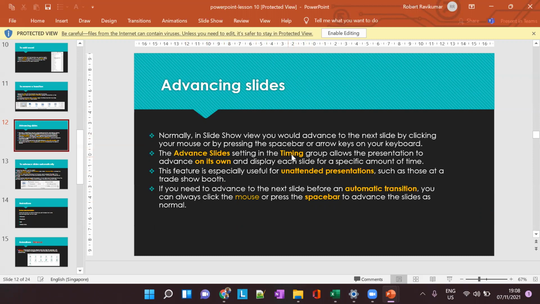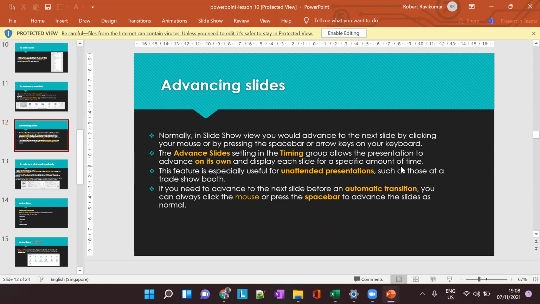The advance slide setting in the timing group allows the presentation to advance on its own and display each slide for a specific amount of time. We saw that example, right? We chose 4 seconds for each slide. So every 4 seconds, the slide advances automatically without the presenter's intervention.